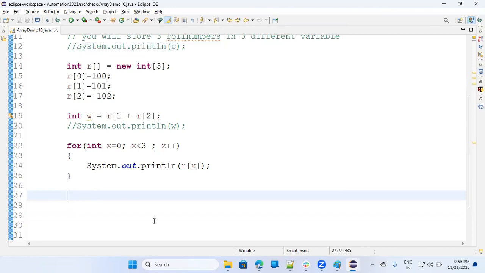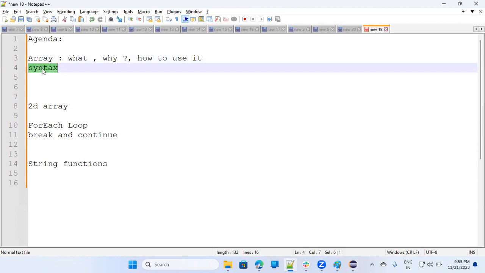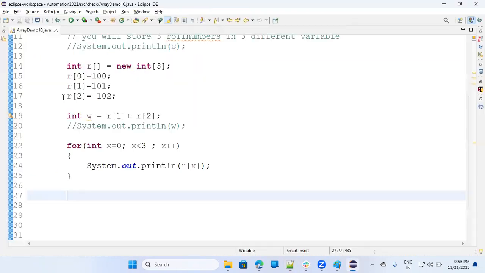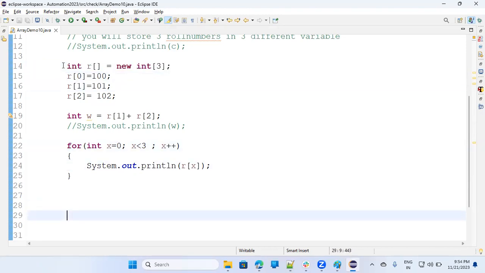The next part here is the syntax part. I have already talked about that. You have to declare an array like this. Here you have to say what kind of data type the array has, that is, what kind of data you are going to put. If you make a character array, you have to put characters only. For example, how to declare a character array? You can simply say char